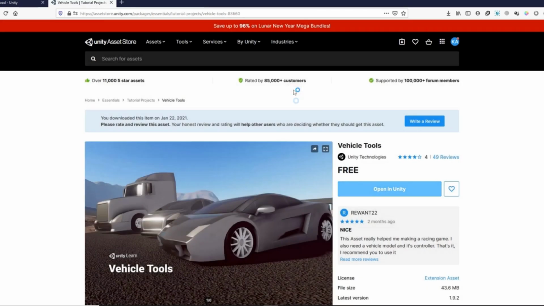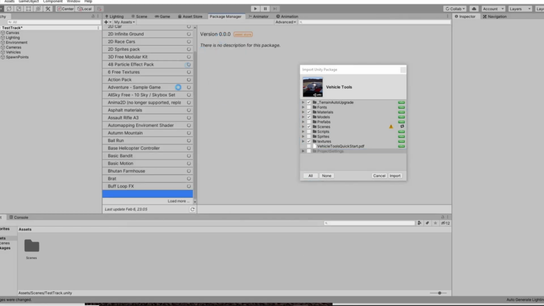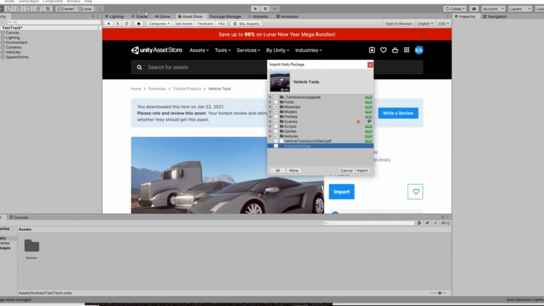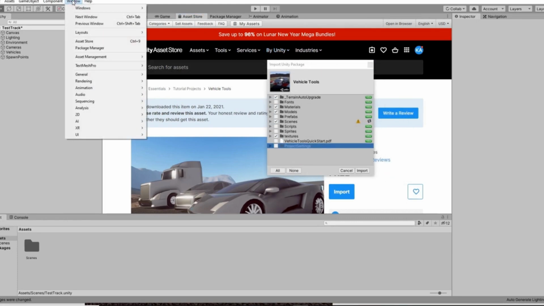If you click on open link, then it will open it inside the package manager. But package manager is a little slow, so what I have done, I have opened this asset inside the asset store. To open asset store inside the Unity, you can go to the window and here search for the asset store. So it will be opened here.